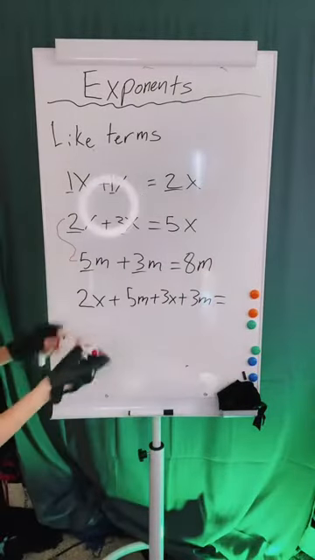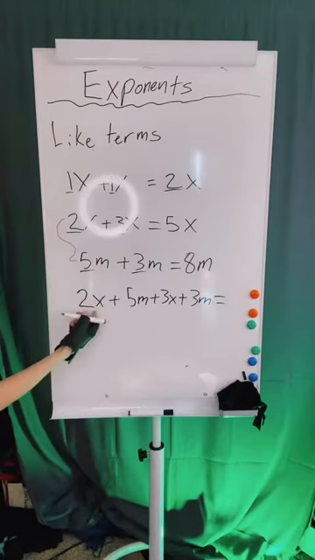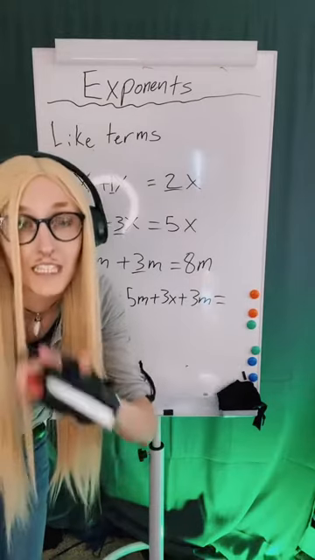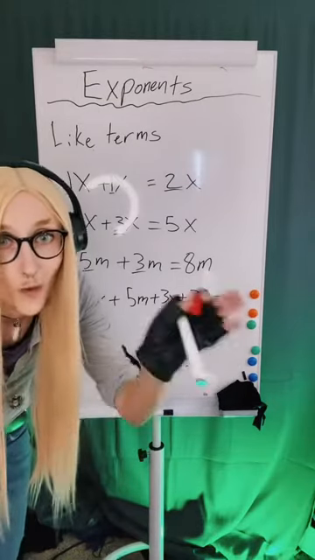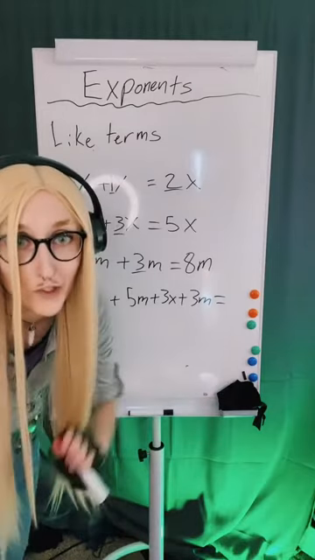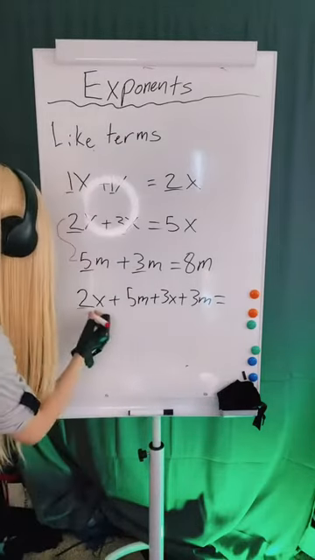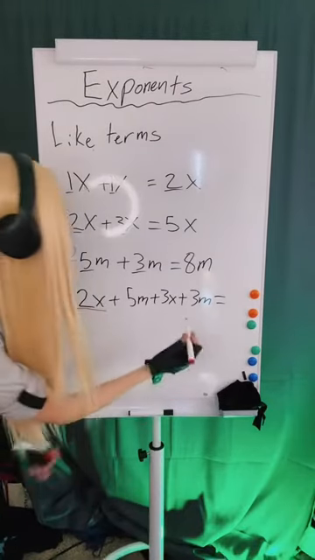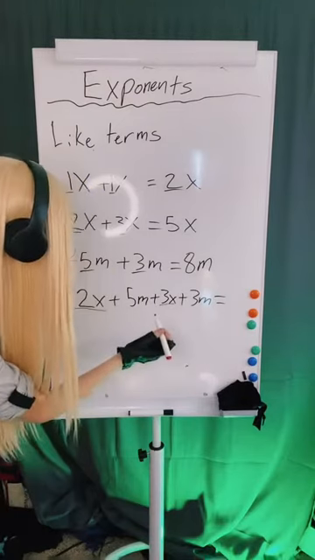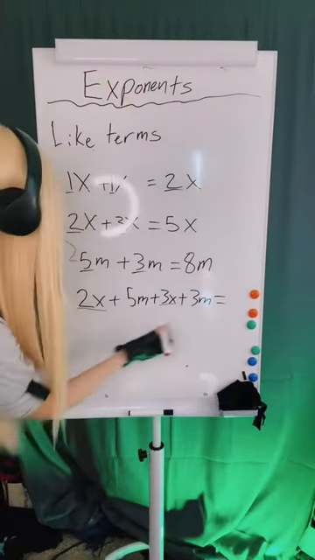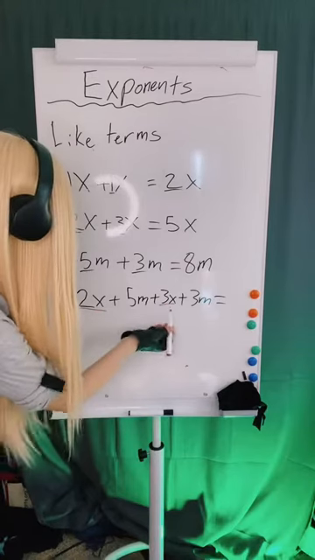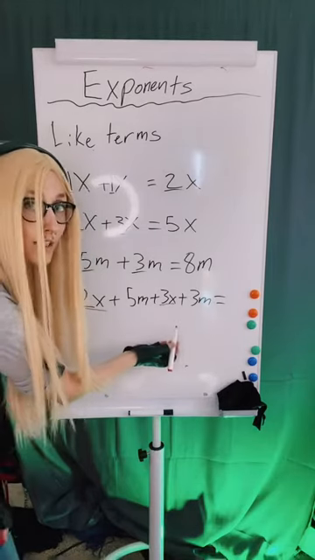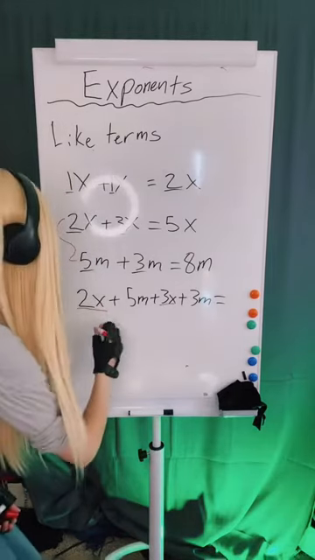So we're going to first start with the like terms, okay? I've got a 2x first. I'm just picking x to start with because I'm just reading it. We could start with m. That's fine. I just like to go down the list. That's a personal preference. So I look, I'm like, okay, I got an x. Do I have any other x's? I do. I have 3x. Cool. Do I have any others? No, I just have the 2x and the 3x. So I'm going to do 2x plus 3x. 2 plus 3, well, we already know what that is. That is 5x.